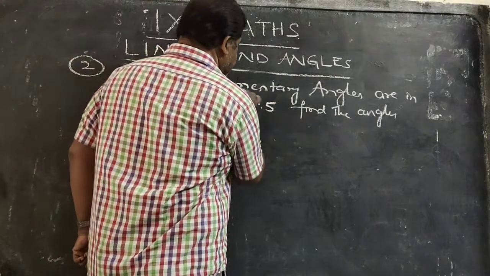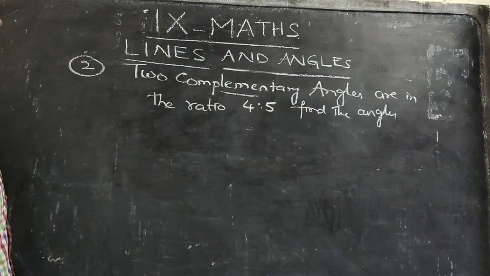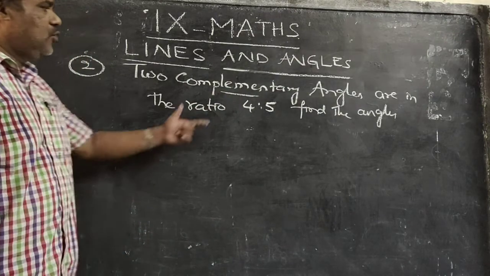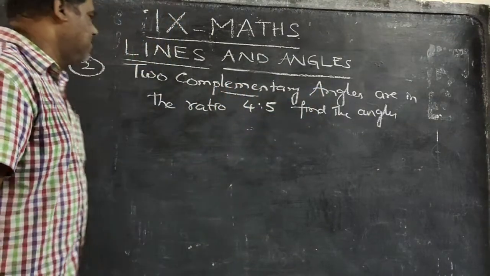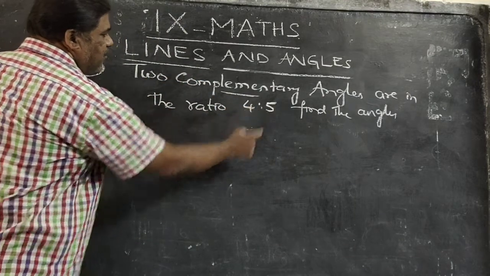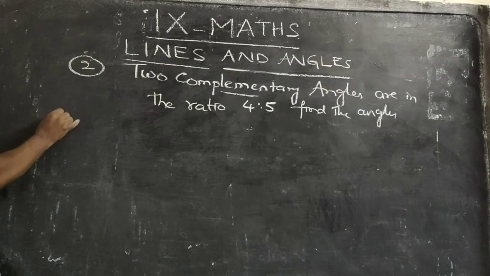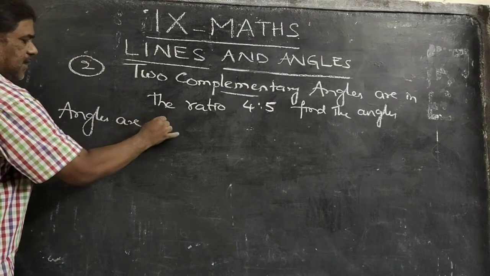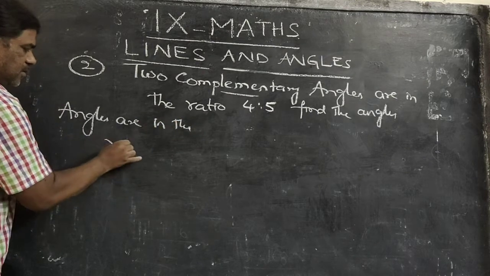Complementary angles means if the sum of two angles is 90 degrees, we call them complementary angles. Two complementary angles are in the ratio 4:5. So, first, given that the angles are in the ratio